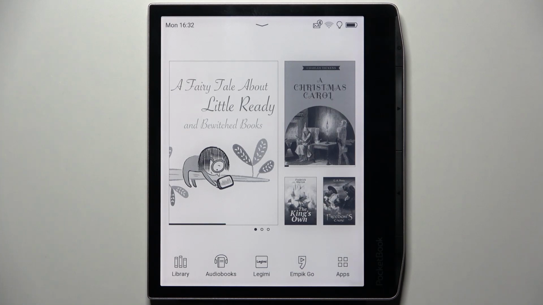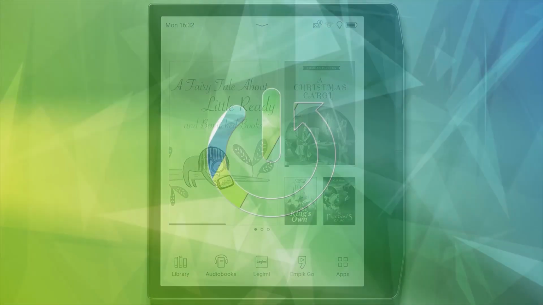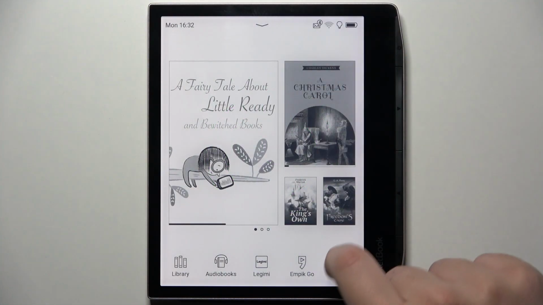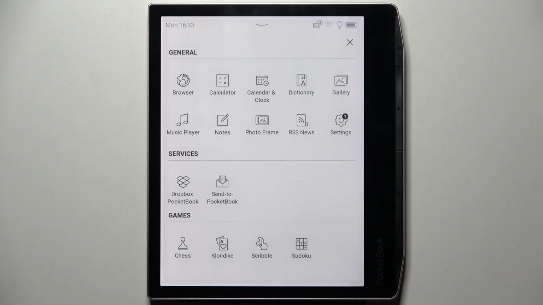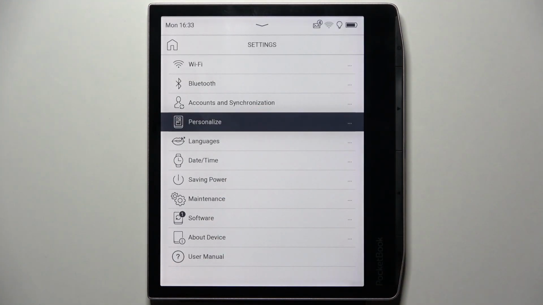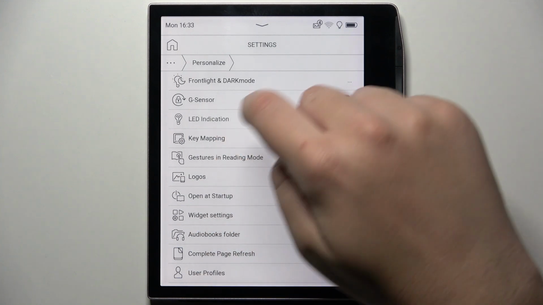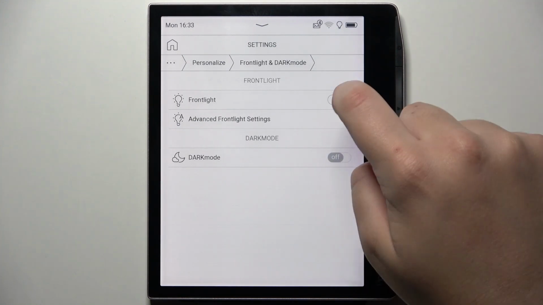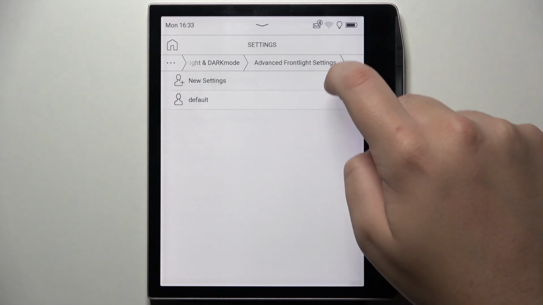In today's video I want to show you how you can easily set up your front light and dark mode in Pocketbook Era. So first, go to apps, and now go to settings. Here, go to personalize, and here the first option is front light and dark mode. Here you can enable or disable the front light,